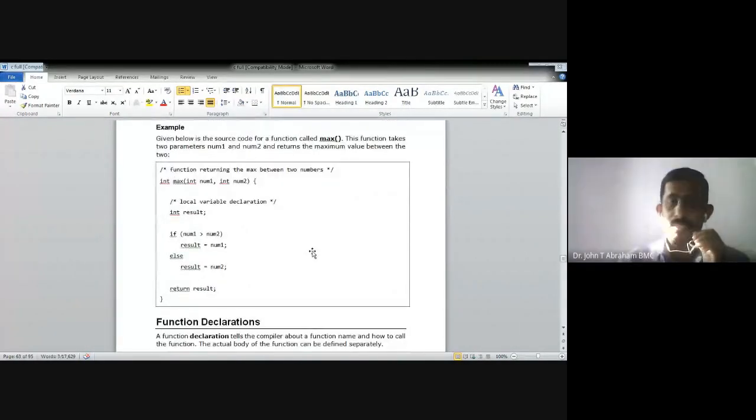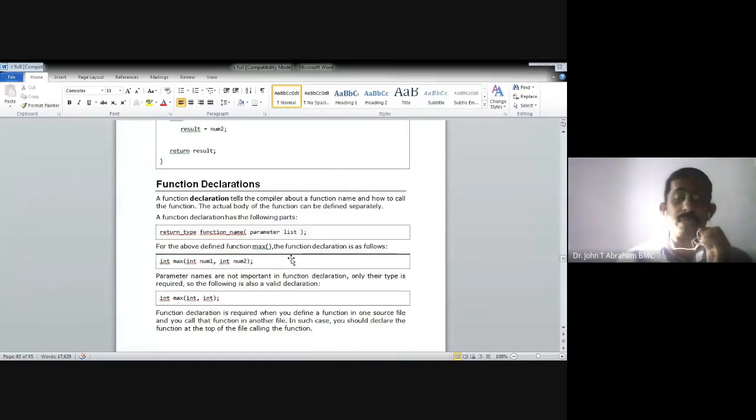For example, നോക്കിക്കേ, ഇപ്പൊ നമ്മളിവിടെ ഒരു ഫംഗ്ഷൻ എഴുതുകയാണ്. int max of int num1 എഴുതുകയാണ്. മാക്സ് എന്ന് പറയുന്നത് ഫംഗ്ഷന്റെ പേരാണ്. int num1, int num2, like that we are writing the list. Then after that we are writing if num1 greater than num2, result is equal to num1, else result is num2. Then return result. Return result means this result value will be returned from that function.